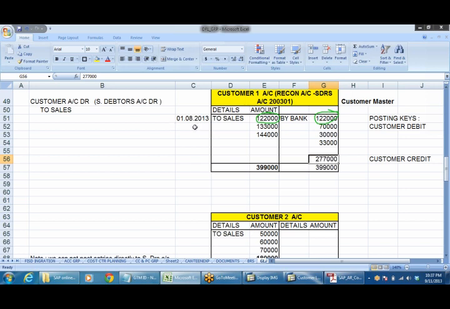Out of this, say this invoice is raised on 01/09. This invoice is raised on 05/09. Right.